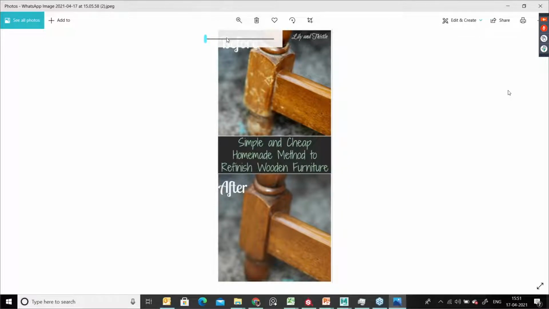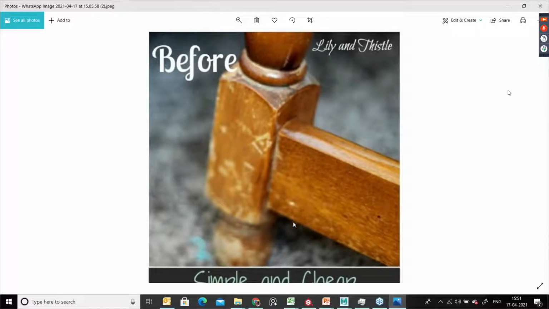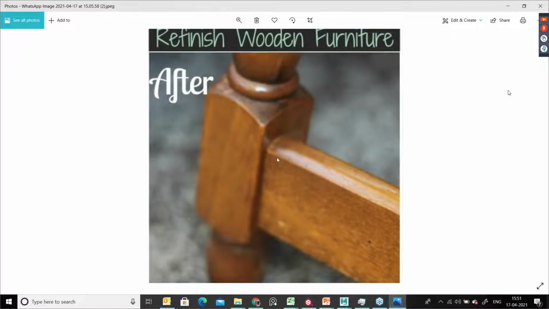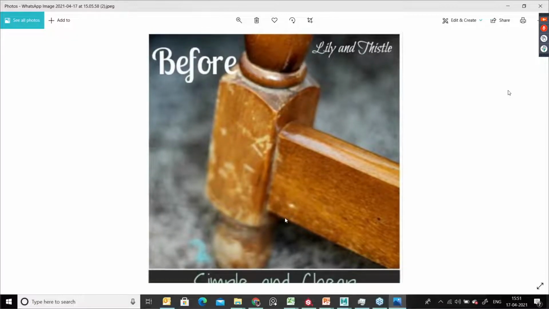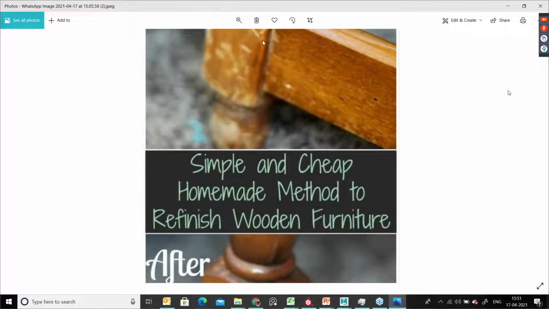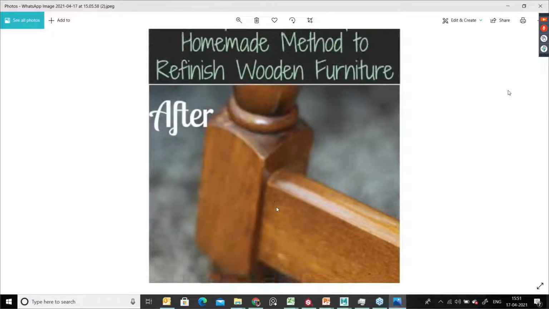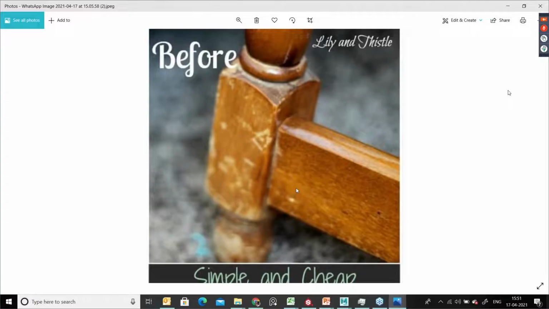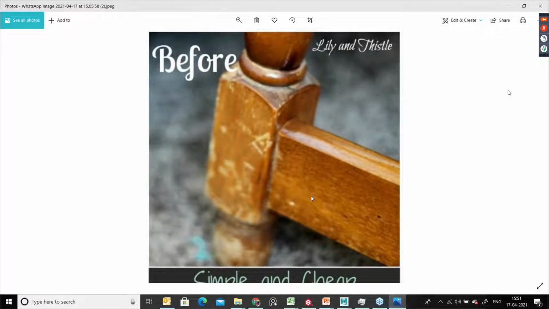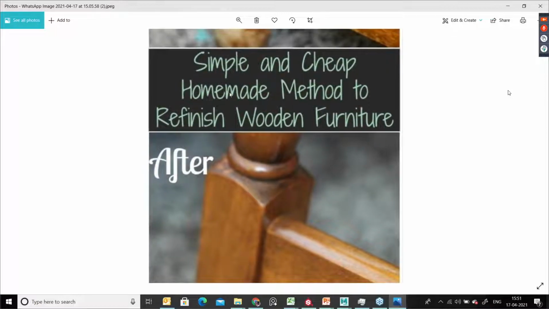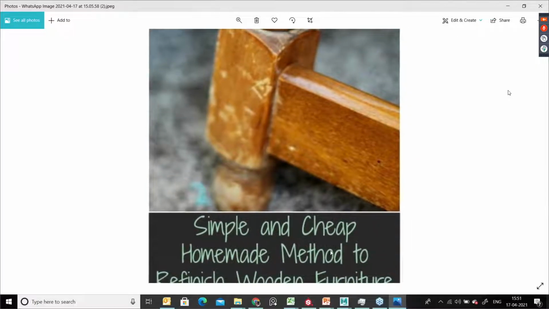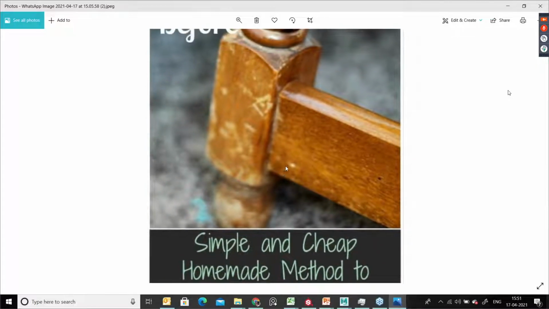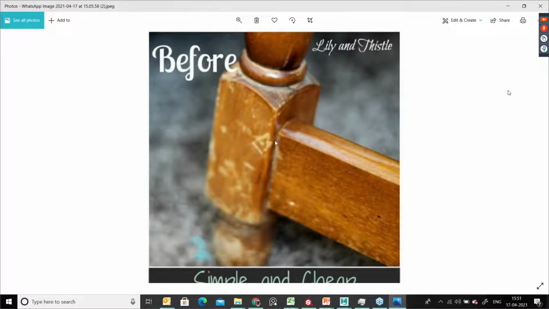See here, this is a before and after image. How was it before and how was it after? That for us, present and old. So this is the old texture, and this is the new one. Maybe after a carpenter does some repairing work on the furniture, it will look like this, like I mentioned, a simple and cheap homemade method to refinish wooden furniture. I took this reference because I want to show you how it looks in old furniture mode. Okay. And next one,